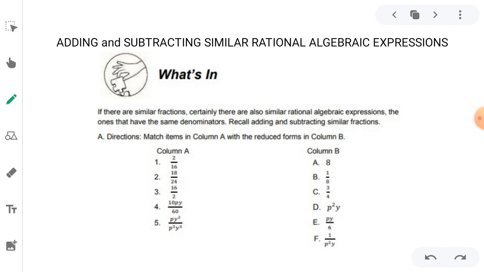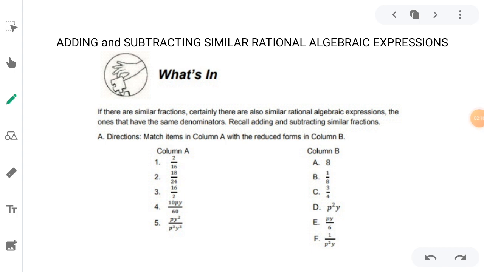So dyan sa module nyo, if there are similar fractions, certainly there are also similar rational algebraic expressions. So kapag may similar fractions, meron din tayong similar rational algebraic expressions. Ano yon? Those are the ones that have the same denominators. So recall adding and subtracting similar fractions. So since nag-recall na tayo kanina,